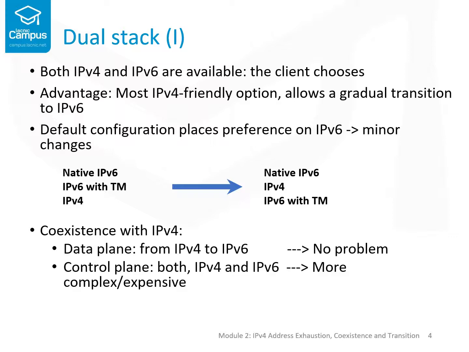The implications of the coexistence of IPv4 and IPv6 vary depending on whether we consider the data plane or the control or management plane. In the data plane, the traffic that moves to IPv6 ceases to exist in IPv4. In other words, no IPv6 traffic is added to the existing IPv4 traffic. For example, if a YouTube video is played over IPv6, it is no longer played over IPv4. This means that the introduction of IPv6 does not translate into the need to increase the bandwidth requirements of our